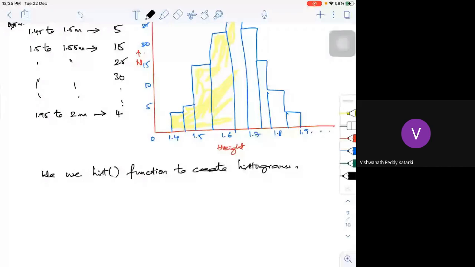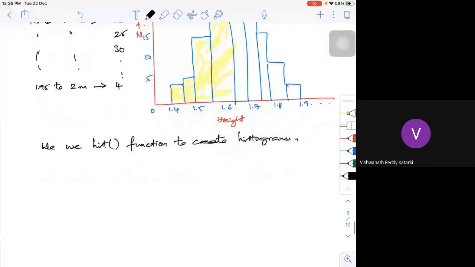If I want to plot this particular distribution on a simple histogram chart, what should my simple program be? What should I use? So import matplotlib.pyplot as plt or pl, whatever it may be.